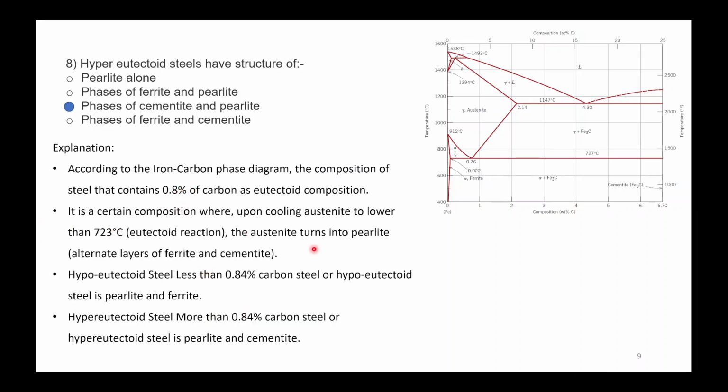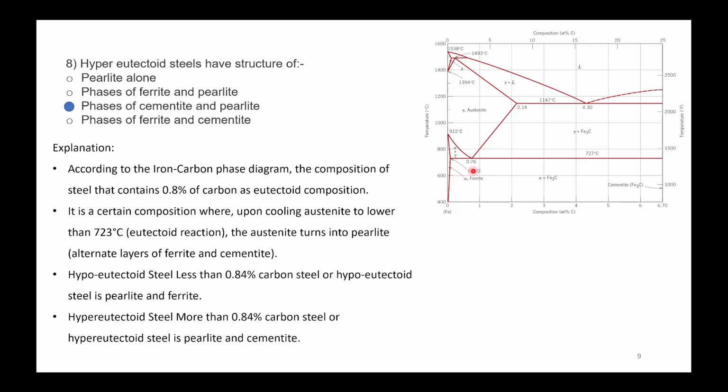Now, according to the iron carbon phase diagram, the composition of steel containing 0.8 weight percent of carbon is the eutectoid composition. So in this composition, upon cooling austenite to lower than 723 degrees Celsius at the eutectoid reaction, the austenite turns into pearlite, which has alternate layers of ferrite and cementite. So here your entire austenite converts into pearlite. So there won't be any